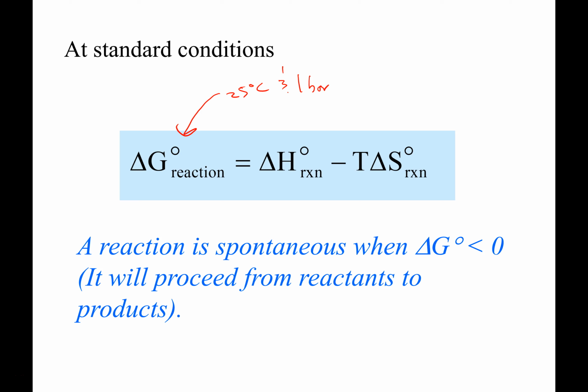So here's the deal. What if our goal was to get a spontaneous reaction? Our delta G has to be negative. And that makes sense because the negative delta H favors spontaneity, right? And a positive delta S favors spontaneity. But the fact that you're subtracting the delta S term means that negative delta G is what we're after. So I guess that's right.